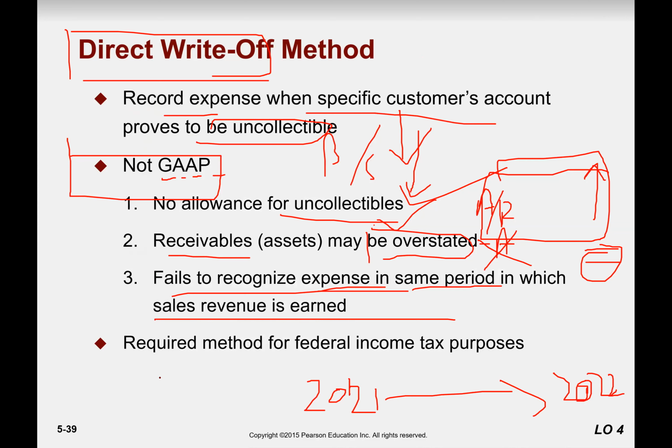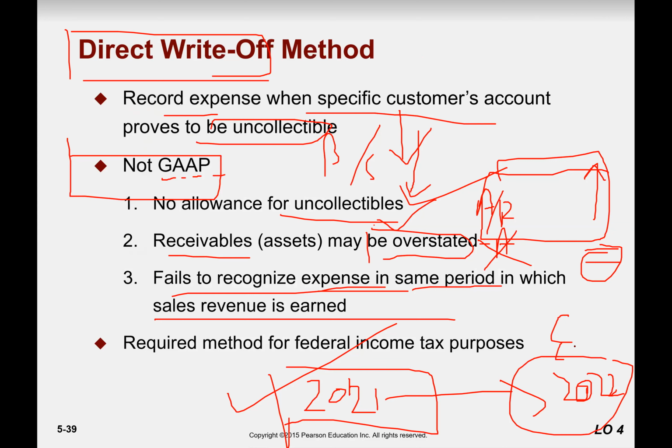So you recorded your sales and show your profits in 2021, but when collection does not happen, then you record your expense in 2022, which is not according to the matching principle, right? This expense belongs to 2021, but now 6 months have gone. This is March, but you cannot change the previously published income statement,